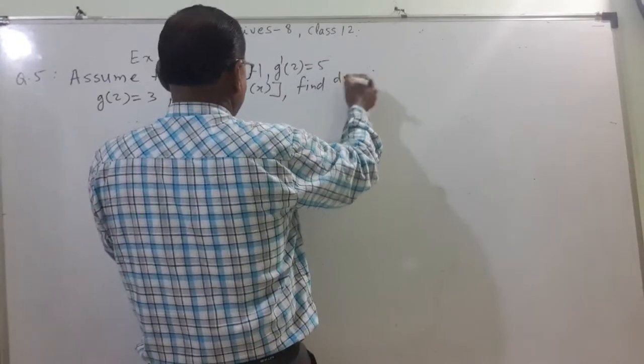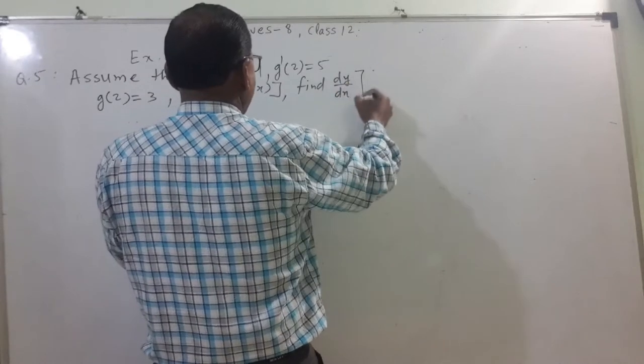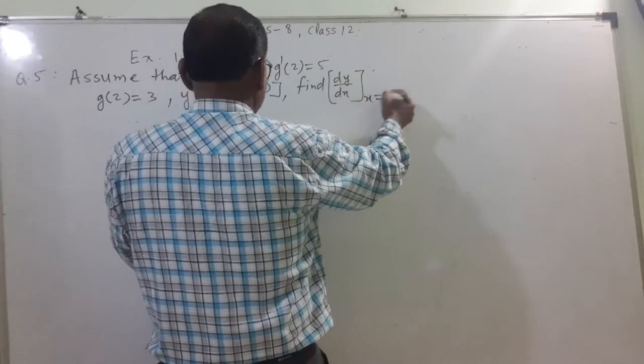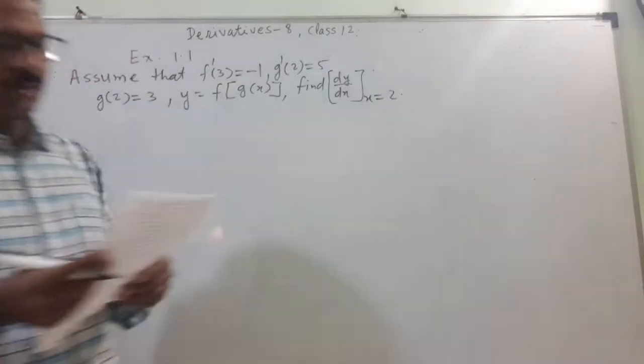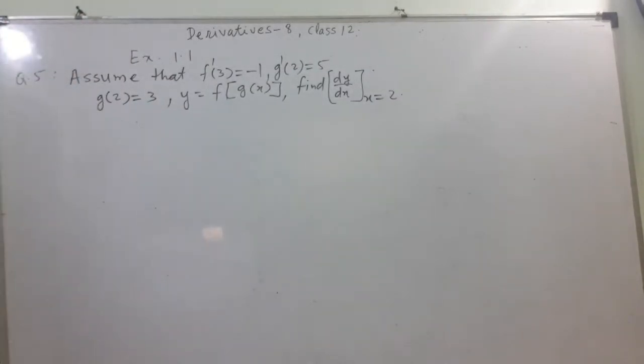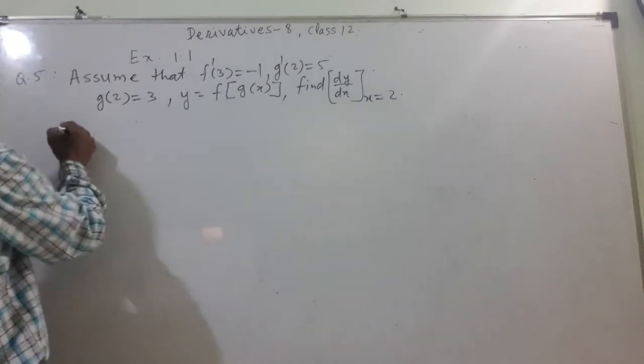Find dy by dx at x equal to 2. So this is a question. What we have to do is find dy by dx, where y is equal to what, that we know. Solution: